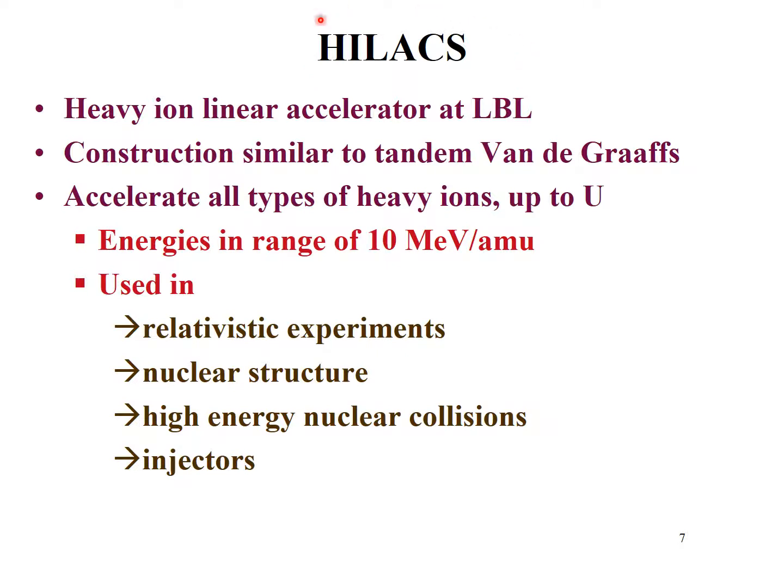HILAC is another example of a heavy ion linear accelerator. These were developed at Lawrence Berkeley Laboratories. The structure was similar to the tandem Van de Graafs. They can accelerate heavy ions up to uranium, and they had energy ranges of 10 MeV per atomic mass unit,